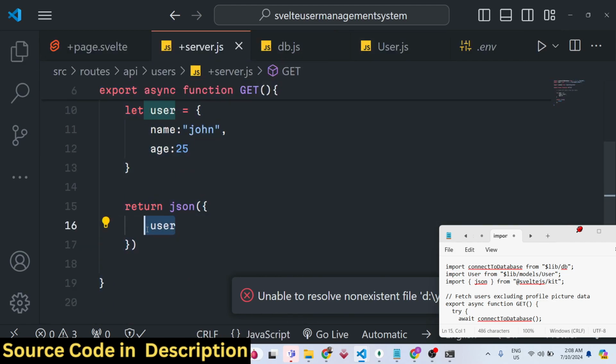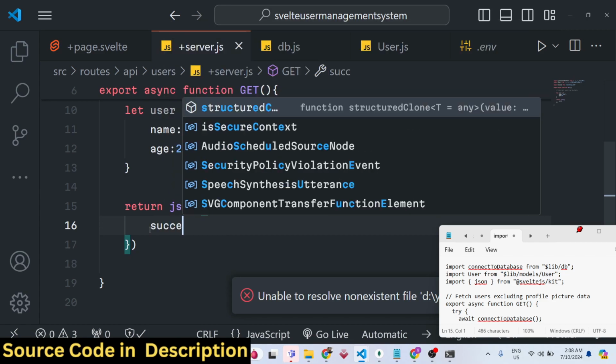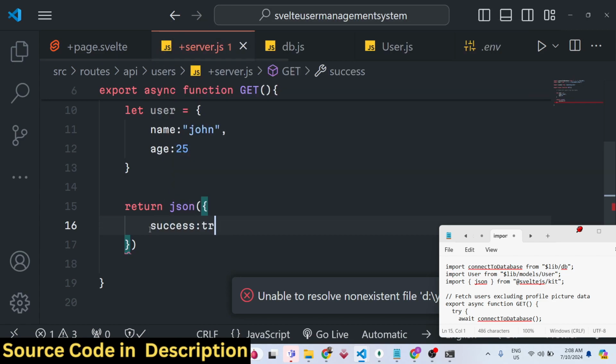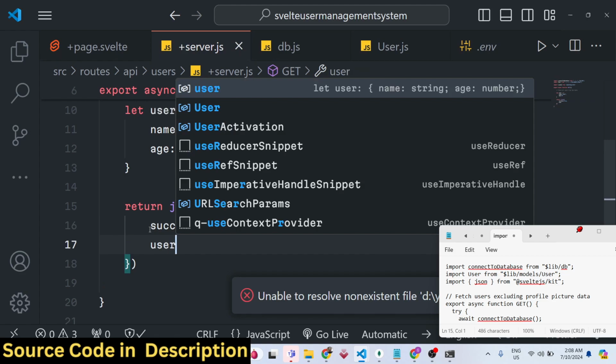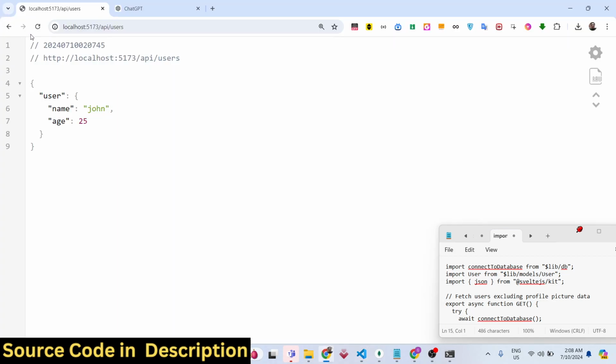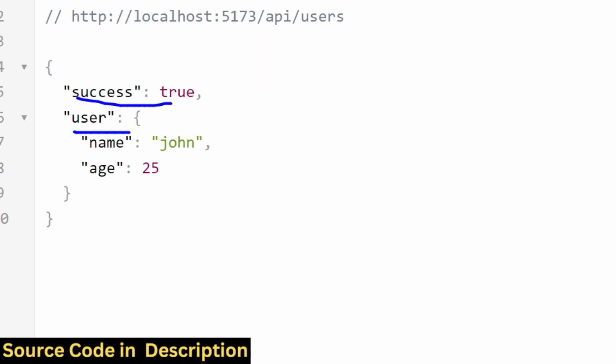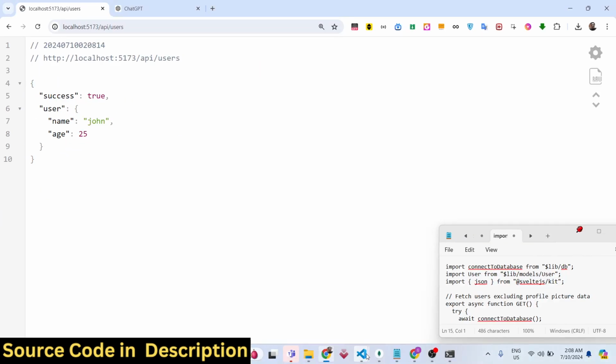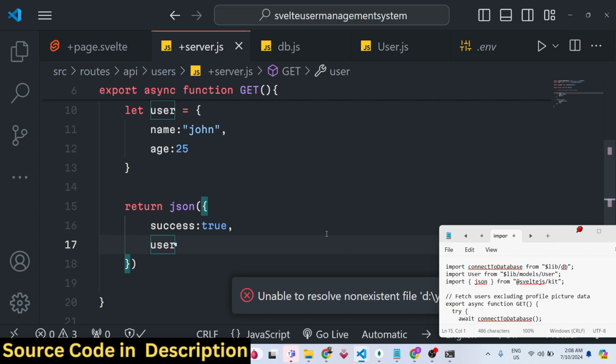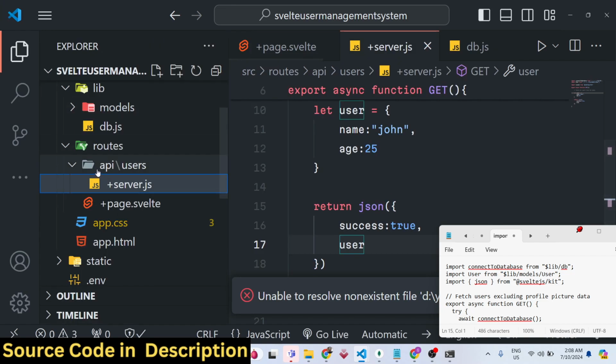It can either be a message as well. Let's suppose success property and also the user property. So now it will have two. First is the Boolean parameter, then it will have this one. So you can basically make your backend APIs in SvelteKit very easily by just making an API folder in the